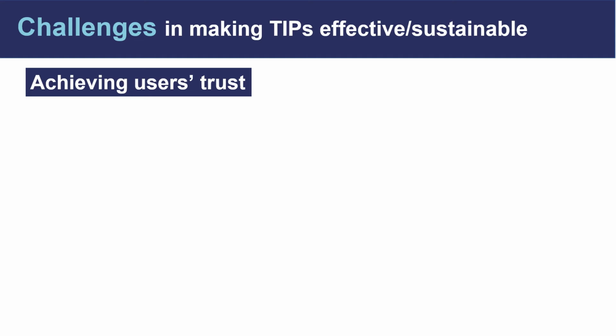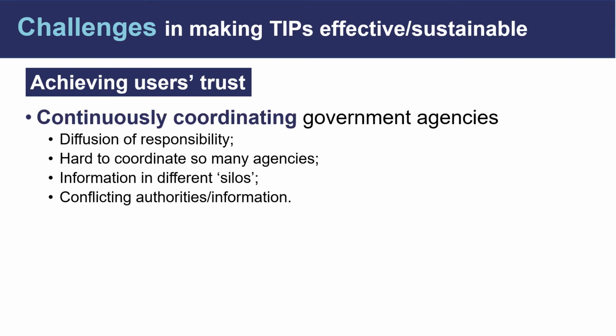But the relevant information comes from a range of sources, including customs, the Ministry for Trade, and various regulatory agencies, which can lead to diffusion of responsibility for managing the portal and make it hard from a governance perspective to compile all the needed information. Often, it is instead provided in different silos, dispersed across several government websites. Even if it were to be compiled, overlapping authorities can lead to inconsistencies or overlapping requirements, which require some centralized